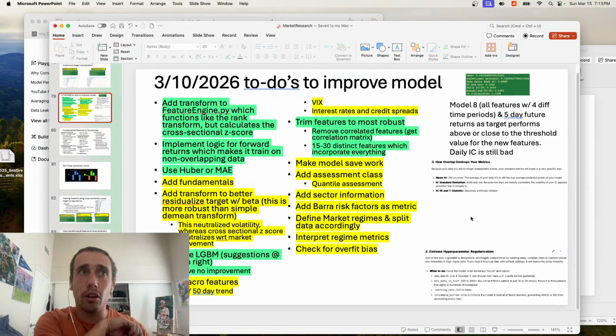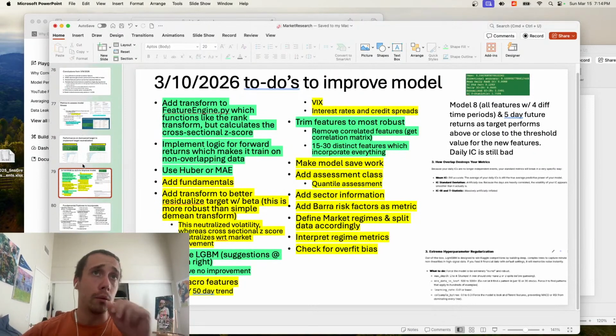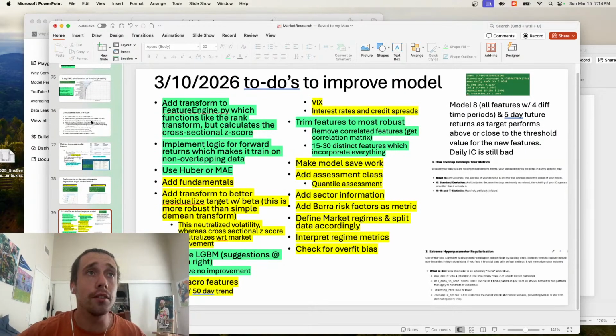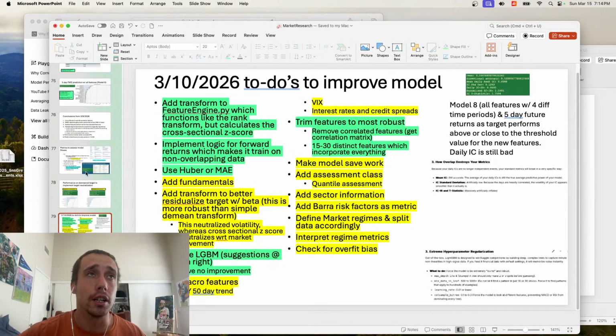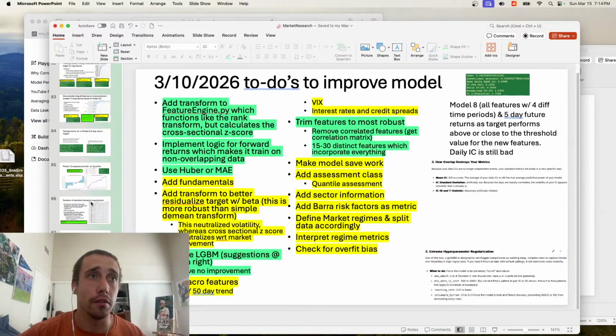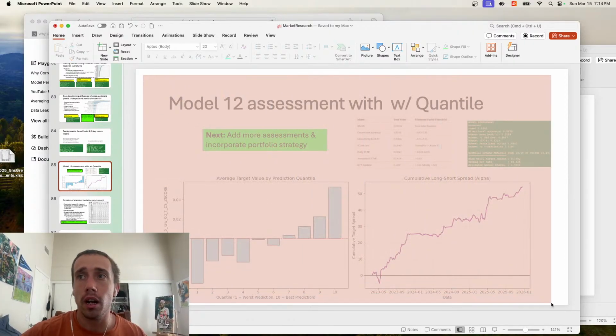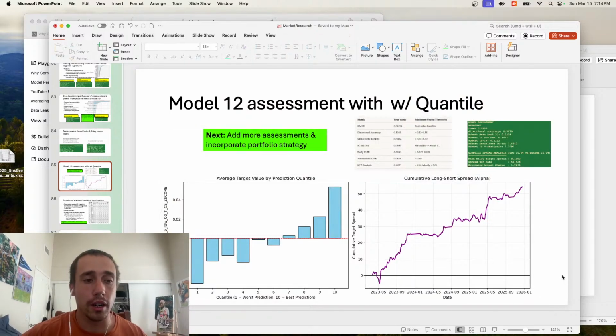Once I have all that done, I'm going to be confident in the model that pops out of that. Even if none of this improves the model at all, I still have this model, which is working really well. So I'm pretty confident in that. Even if none of this improves the model, I still have something that is hitting every metric that I want. And if it does improve the model, great, then I have a better model.